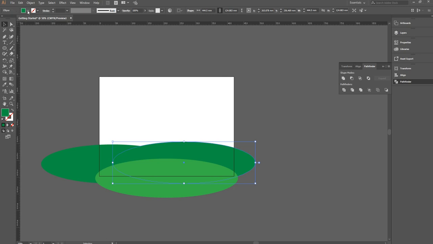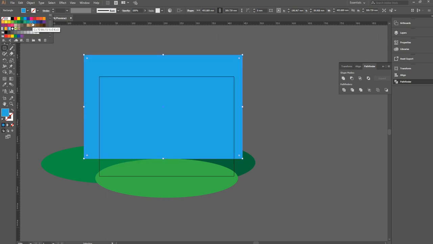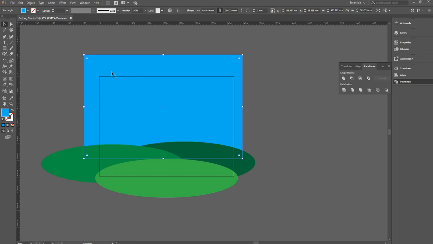After sending it to the back, I can change the color to darker, and I can make another bigger one behind like this, and this one I'm gonna make blue. Maybe this one, that is good. I can send it to the back,